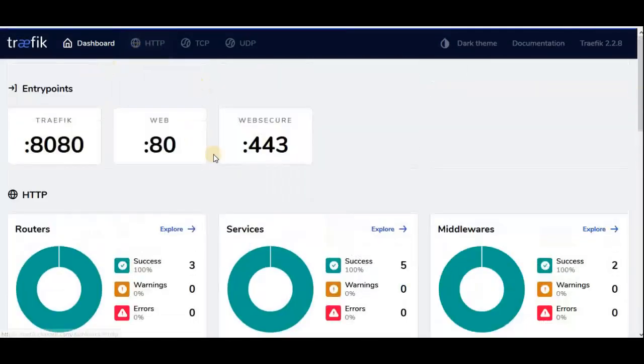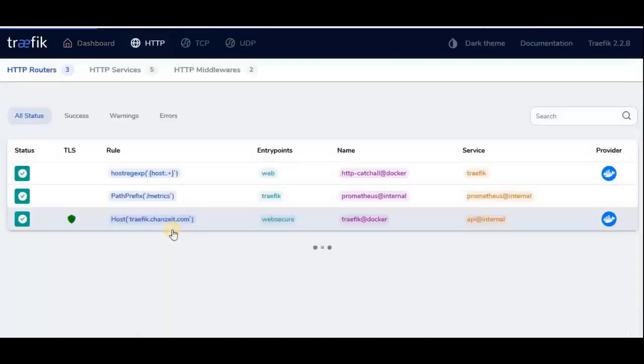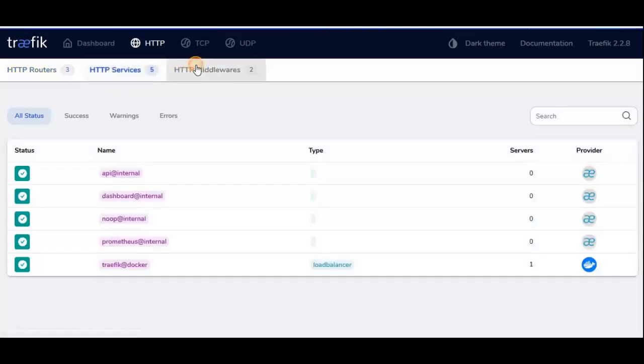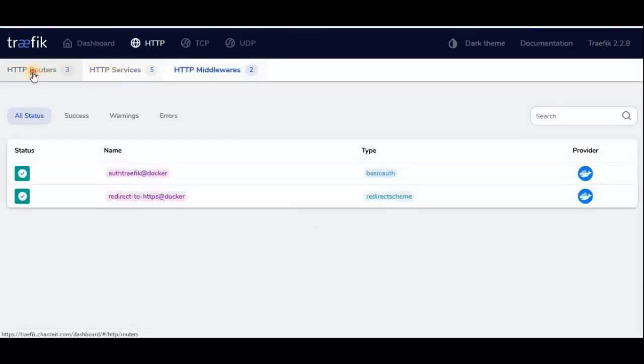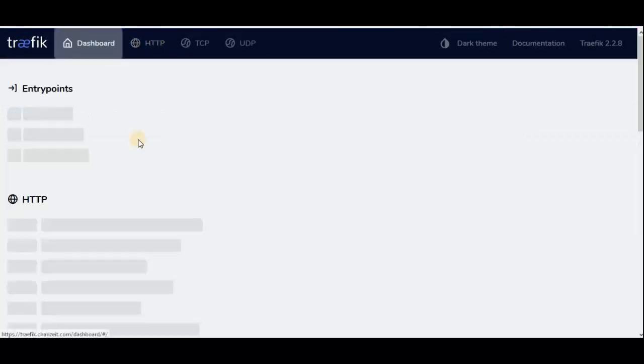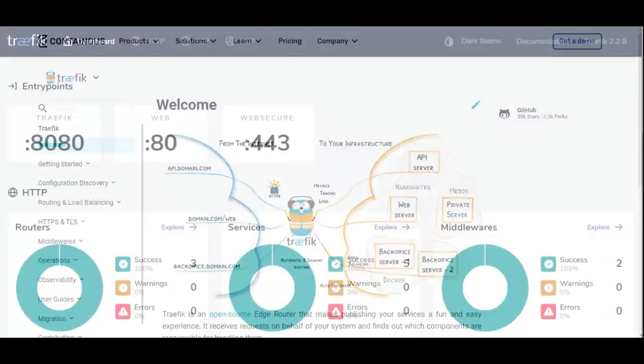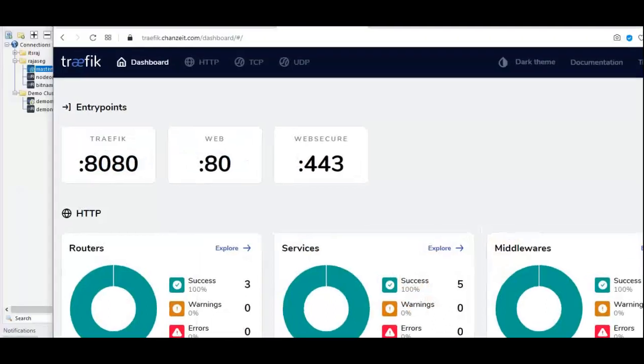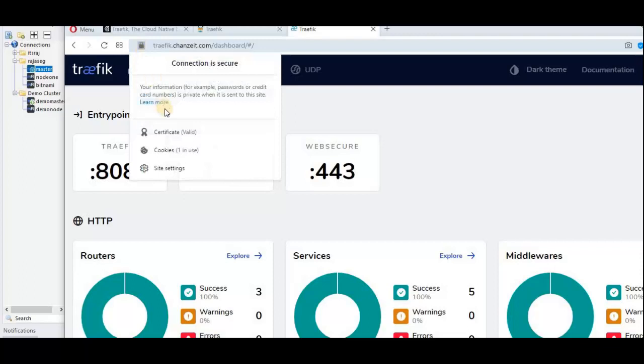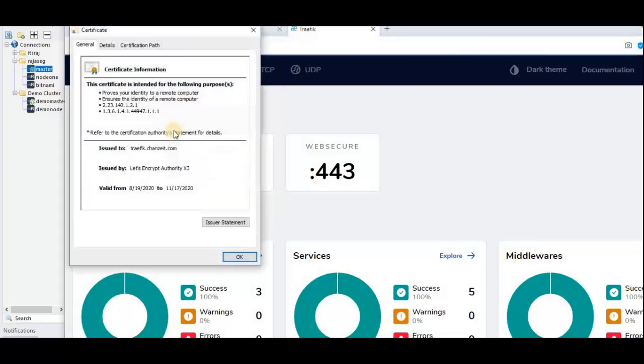And you can check by going to the routers. These are the routers and services and middlewares. You can check if you can see more items here. If you deploy more microservices like that, you can access the dashboard securely without losing control on this. And also it automatically generates the SSL certificate for our service, and you can check that certificate here. Here is the issuing authority and the validity of the certificate, and this is the issued name.